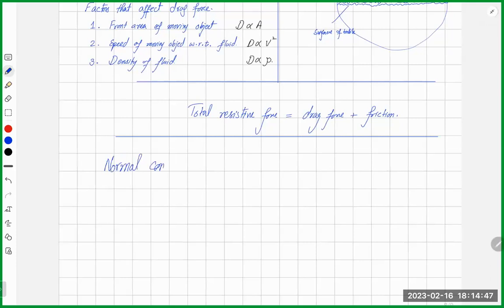Normal contact force. Now if we put an object on a surface like this, तो ये ऑब्जेक्ट अपने वेट की वजह से exerts a downward force on